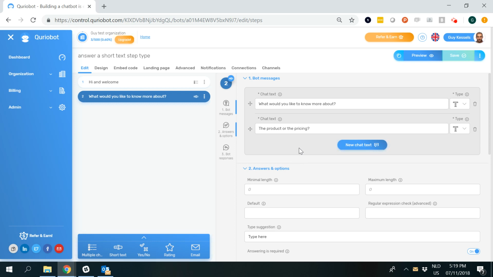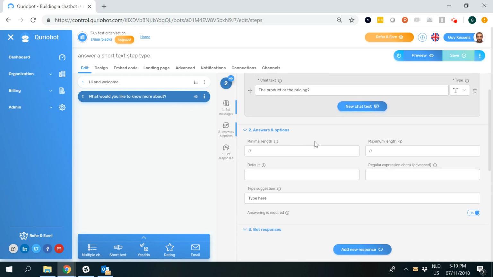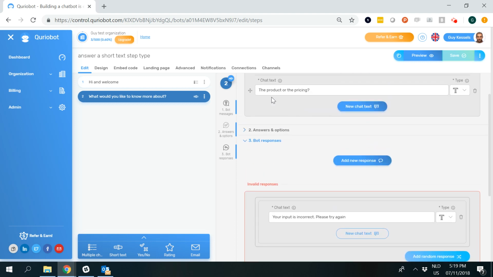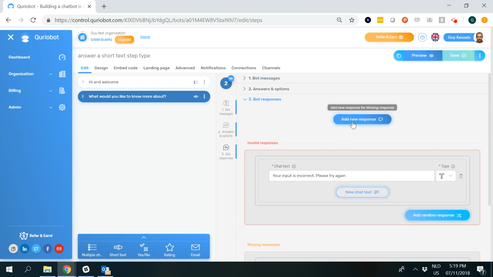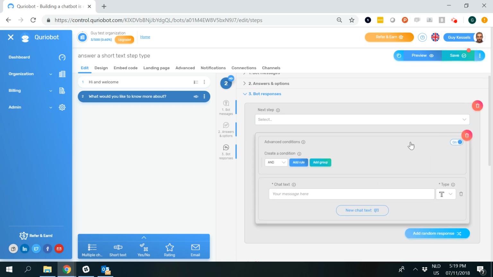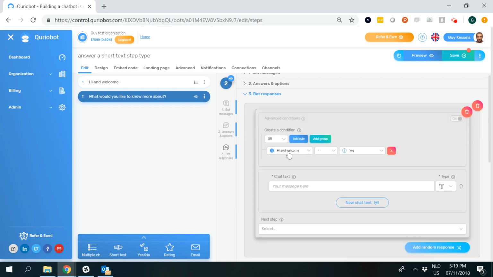Now, to make Quriobot reply to this open question, we're going to apply advanced conditions. And for that, we are going to scroll down to the bot responses, and we're going to add a new one for which we're going to flip on the advanced conditions. Now what we're going to do is we're going to create OR rules, because somebody says A or somebody says B. So in this case, I'm going to say that if somebody